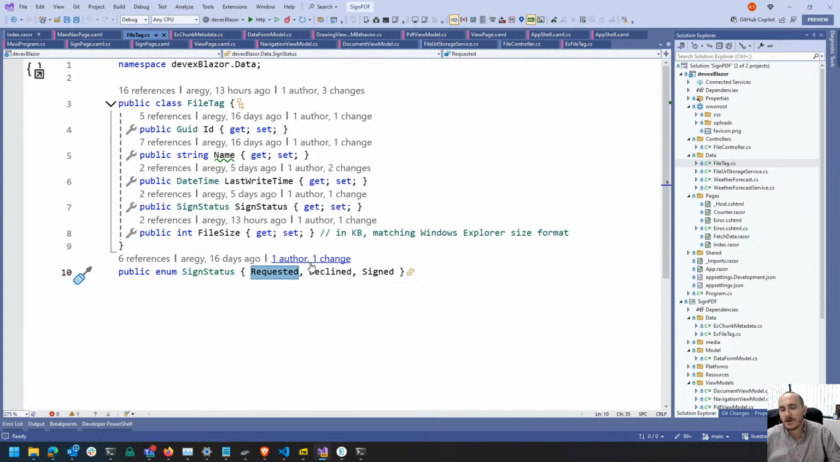So this is what I call pending or requested. And then these are kind of self-explanatory: once a document is signed, it's signed. And if it's declined,